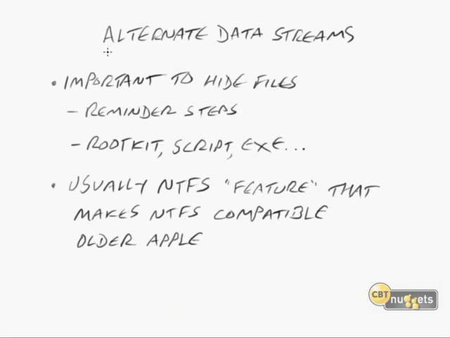Now, one of the ways that we can hack systems is to use something called alternate data streams. This is actually something that we'll normally do after we've hacked a system or compromised it. You see, sometimes there are such target-rich environments. There are so many exploitable systems in so little time. So you may just have to come back to a system later on, and you just don't have time for it right now. But while you're gone, you might want to hide some files there that you can use later on. Okay, so that's one of the big advantages of alternate data streams, also known as just simply ADS.